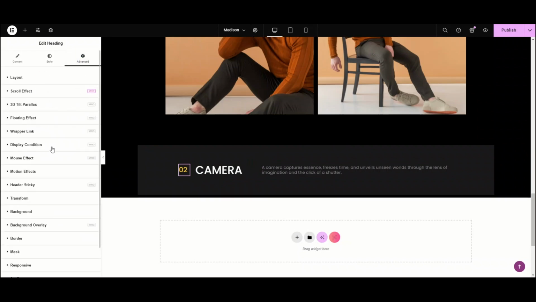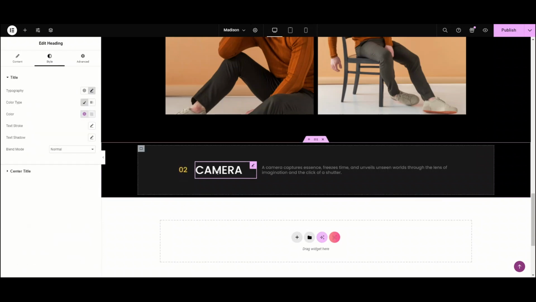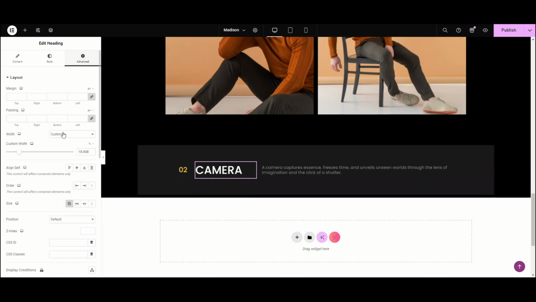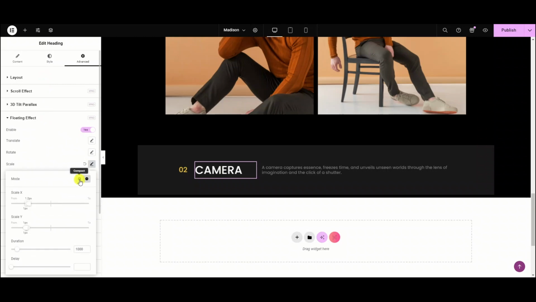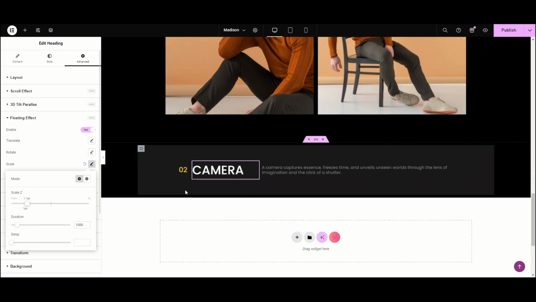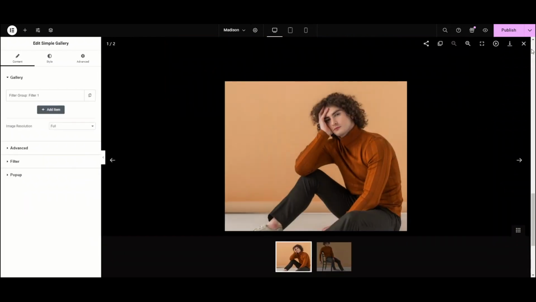From the Motion Effects section, choose the right motion effect, and then we will apply the floating effect. Now take a look at the final results.